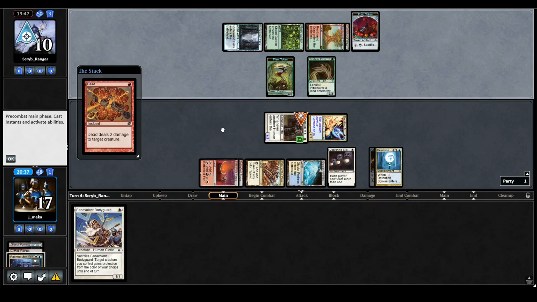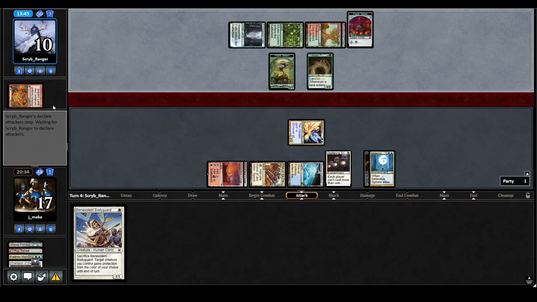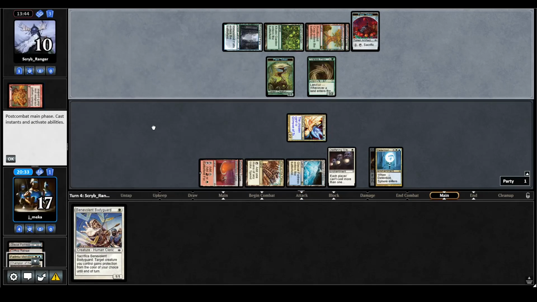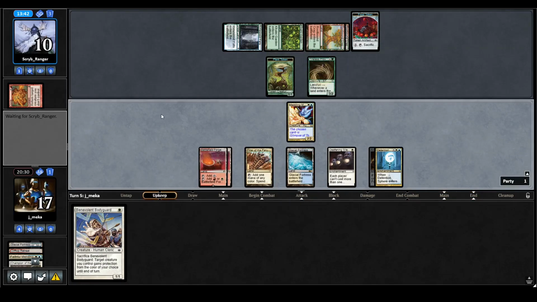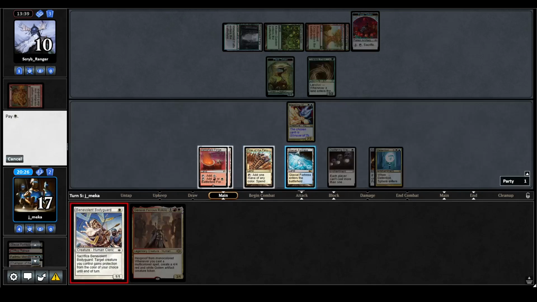Ooh. Interestingly, they didn't go for the Meddling Mage. So they do have some removal. This is a good removal spell. Kind of dodges the cascade part, because technically it's 4 mana. I guess I can't really deal with the combo part anyway, because of Deafening Silence, so...